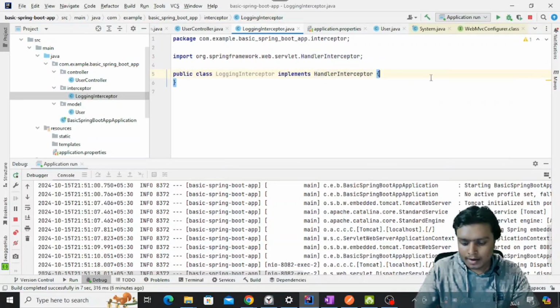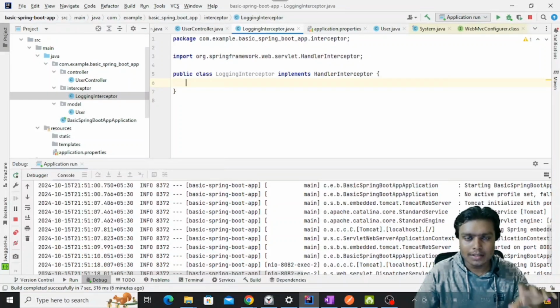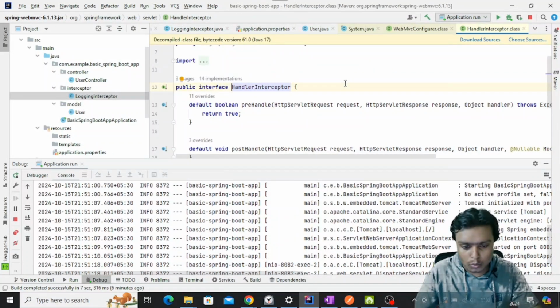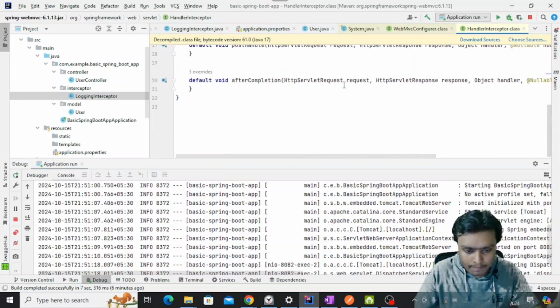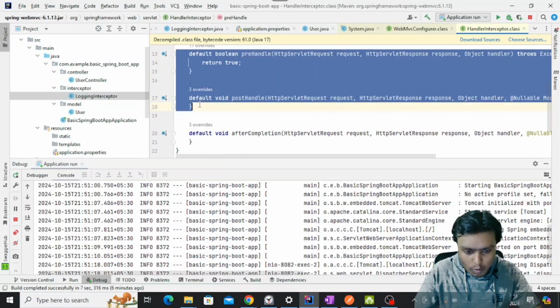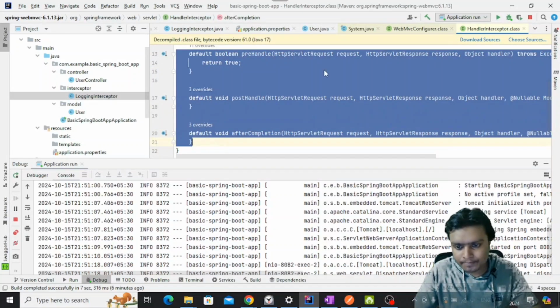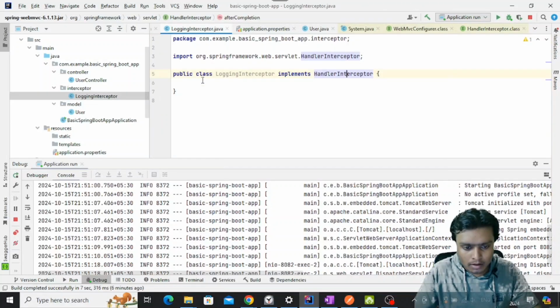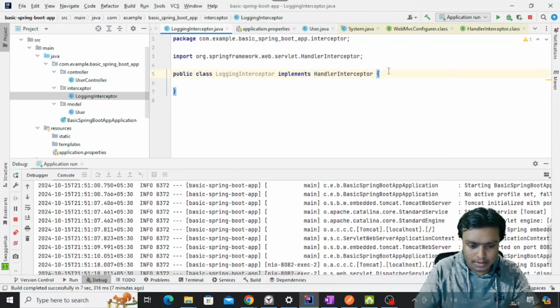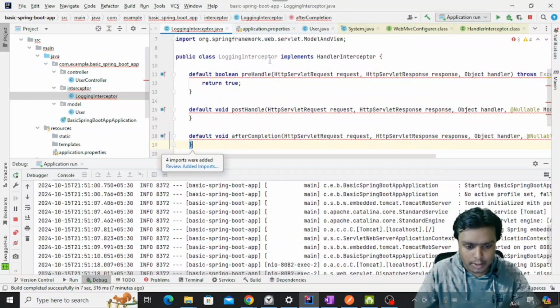We discussed in the previous video that whatever interceptor we create has three methods: preHandle, postHandle and afterCompletion. So let's override all these three methods present in the HandlerInterceptor interface. Let's go back to this interface and copy all three methods from here, then go back to the LoggingInterceptor class and paste them.